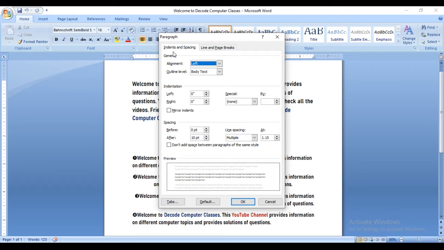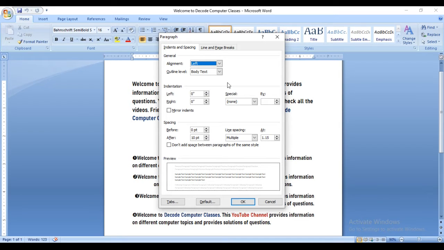Here you see the first tab is indent and spacing, then alignments, outline level. All the types of settings are available: spacing between the text, between the paragraphs, line spacing. You can change all the settings at your convenience. Not always do you need to change all the settings, friends, but whenever you need, according to your text and your paragraph, you can always change it.